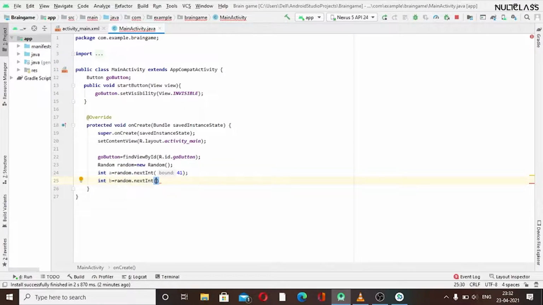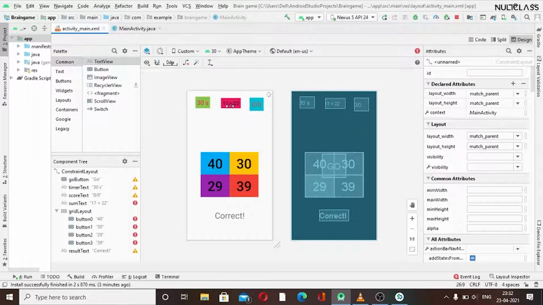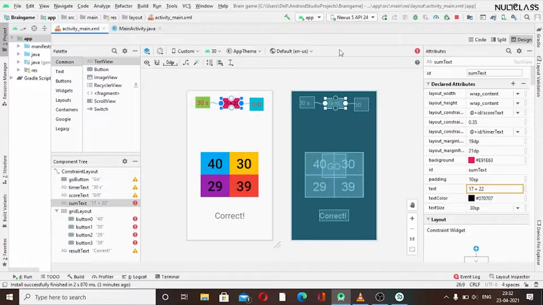Inside we also want its value from, let's say, I think this will be big enough. Let's keep it 21, so that the numbers will be from 0 to 20. So 21 numbers will be from 0 to 20, and here also we want random numbers between 0 and 20. So let's give it value 21. Now we want our sum text view to show this. Like I will show, we want in this sum text to show the numbers like this: first number, then a plus sign, and then the second number, and we have given that ID sum text.